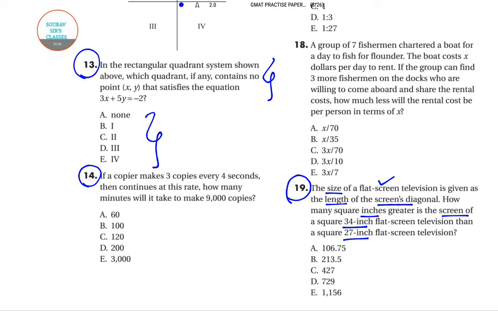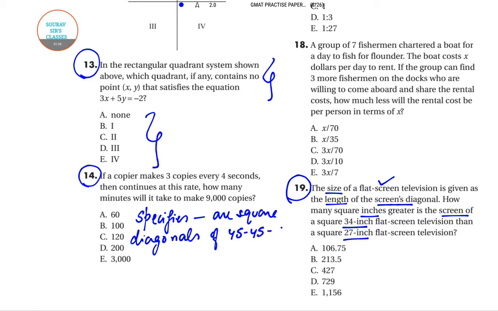So this particular question specifies that the televisions are square, and so the diagonals are part of 45-45-90 triangles. What does this mean? This means that the side of such a television is the diagonal divided by